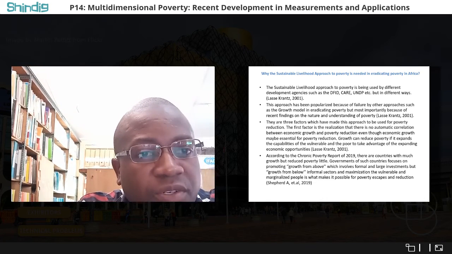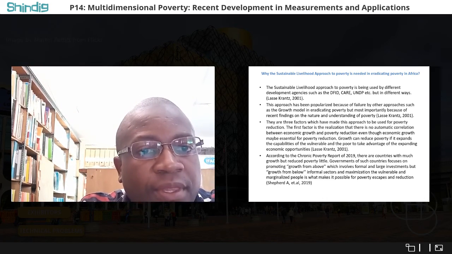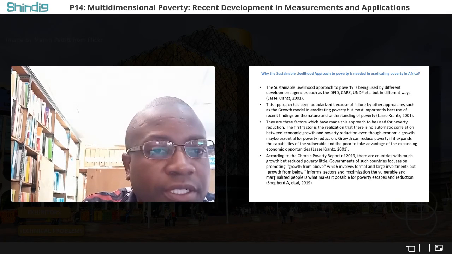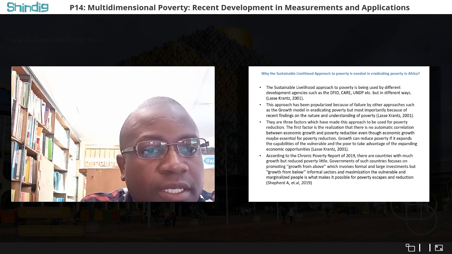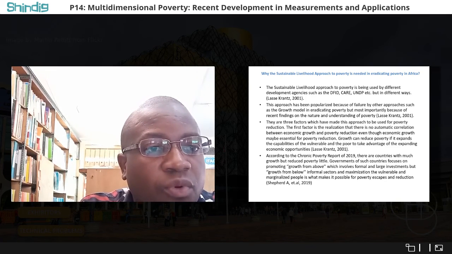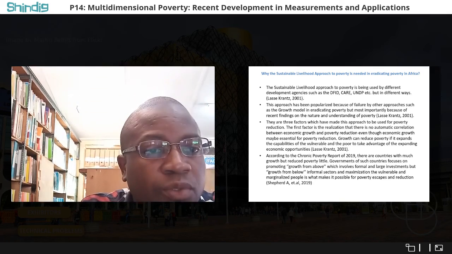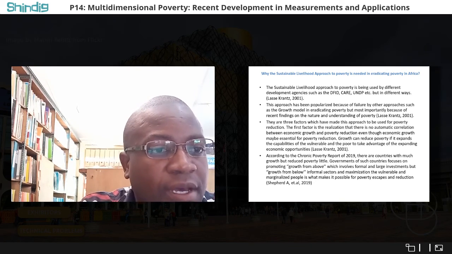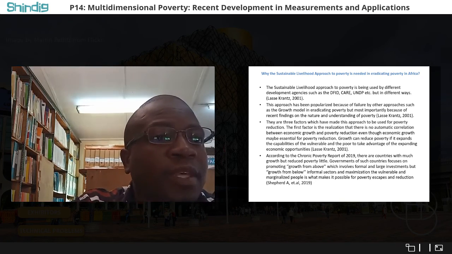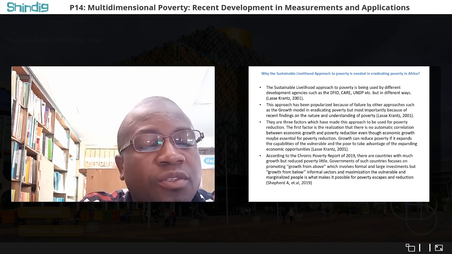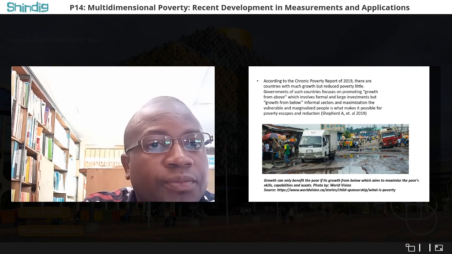According to the Chronicle Poverty Report of 2019, there are countries with much growth but reduced poverty to a little extent. Governments of such countries focus on promoting growth from above, which involves formal and large investments, but growth from below, informal sectors, are forgotten. The second factor of why the sustainable livelihood approach is being used for poverty reduction is